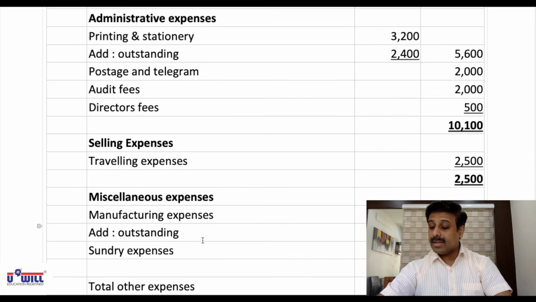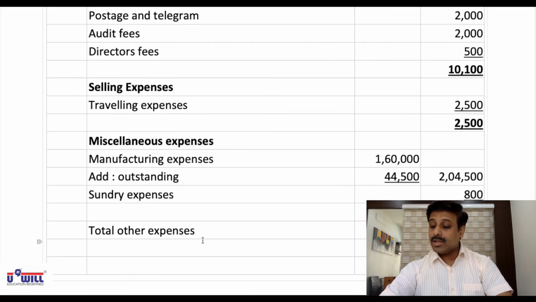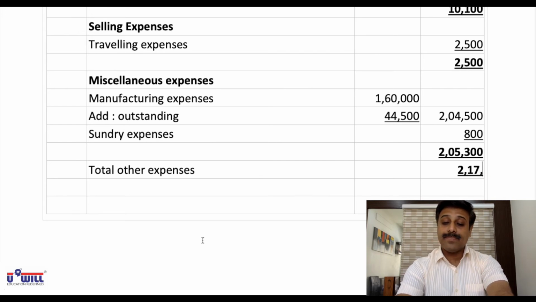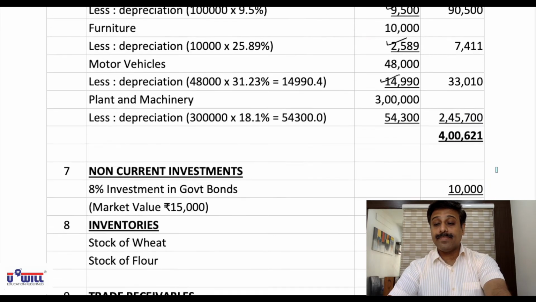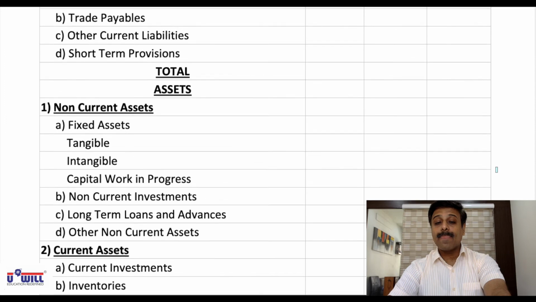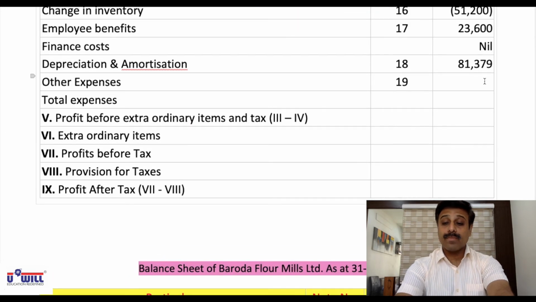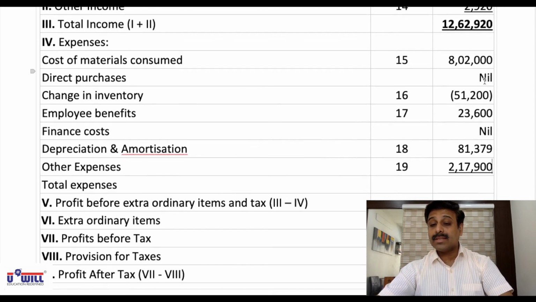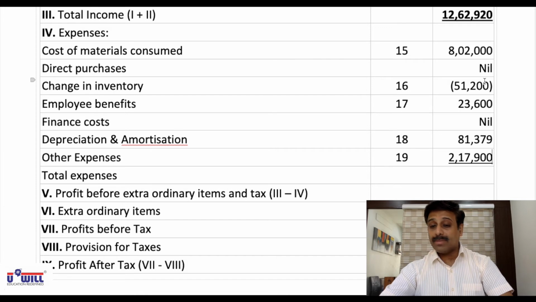Administrative 10,100 plus selling 2,500 plus miscellaneous 2,05,300, so 2,17,900. Other expenses 2,17,900. Now we can do the total: 8,02,000 plus minus 51,200, we have to subtract, plus 23,600 plus 81,379 plus 2,17,900. That is